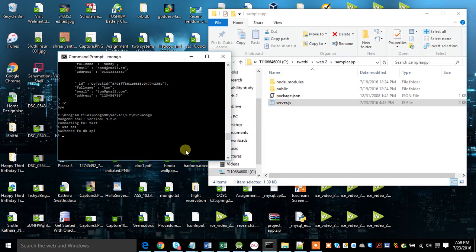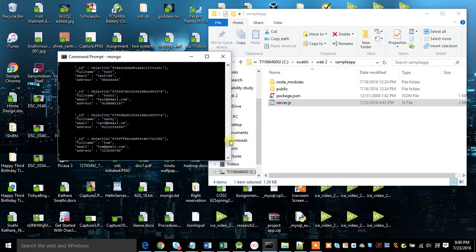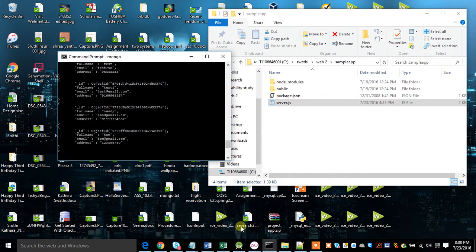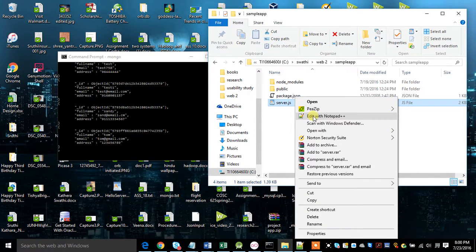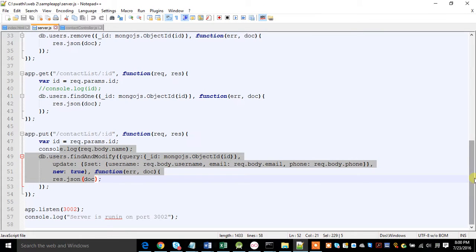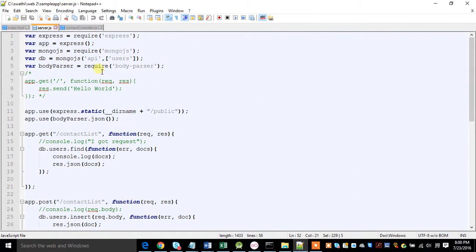And now my collection is users. For that, db.users.find().pretty(). It will give an organized look of what is the data in the database. Then after that, my code is this placed in sample app and open that using Express, using Notepad++, and you